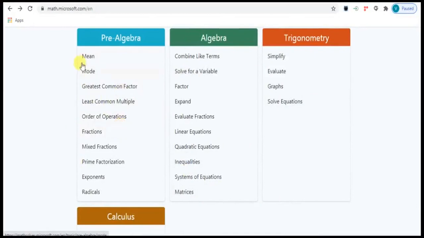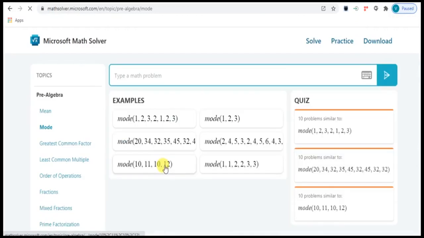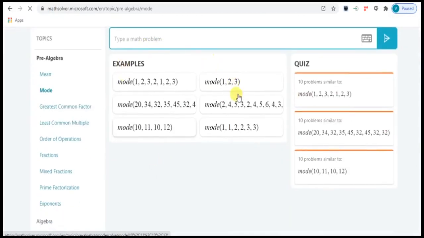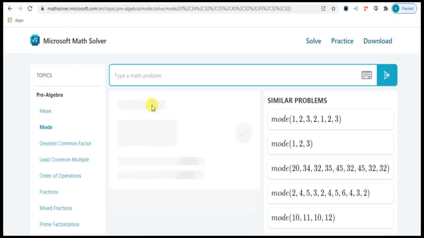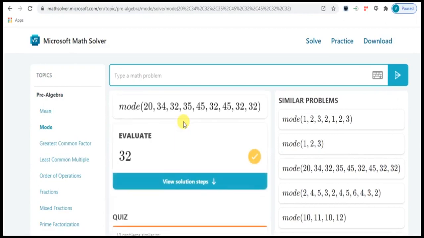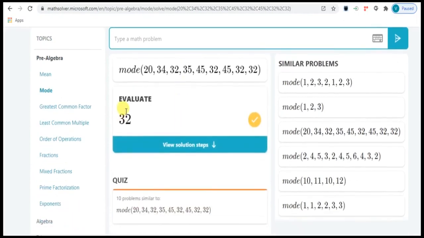Suppose in pre-algebra, I select the subtopic mode. Here it shows different types of examples of mode. You can select, suppose, this one. It shows the answer here. Also it shows the solution steps.